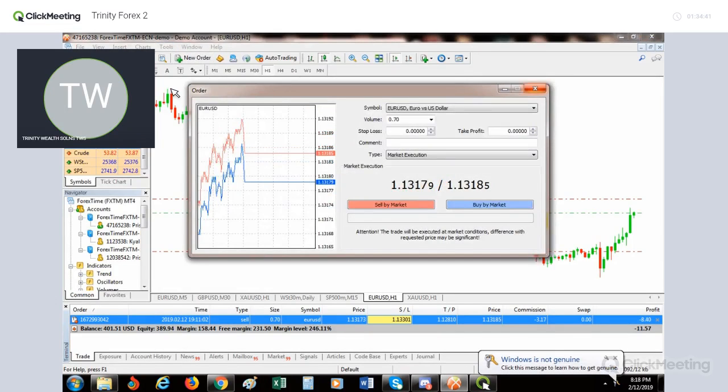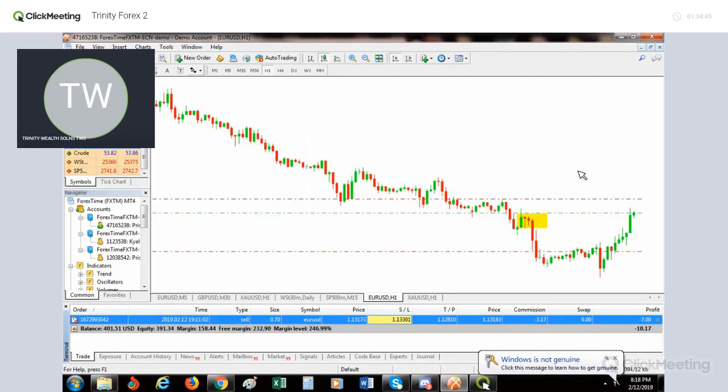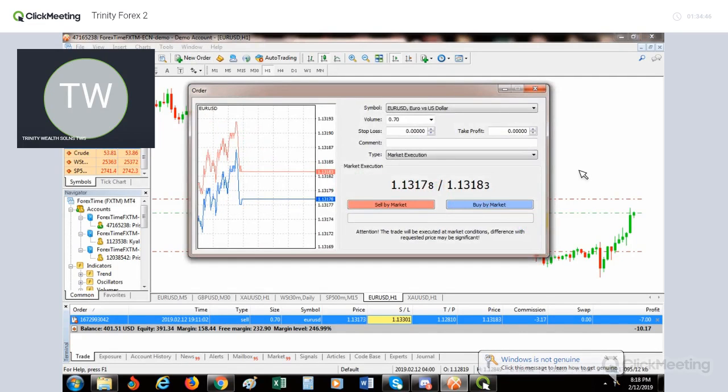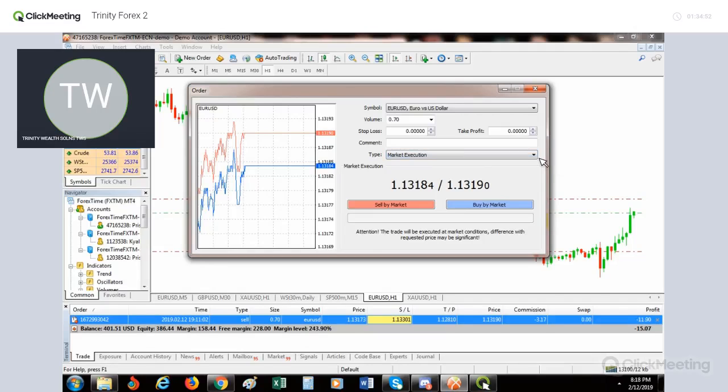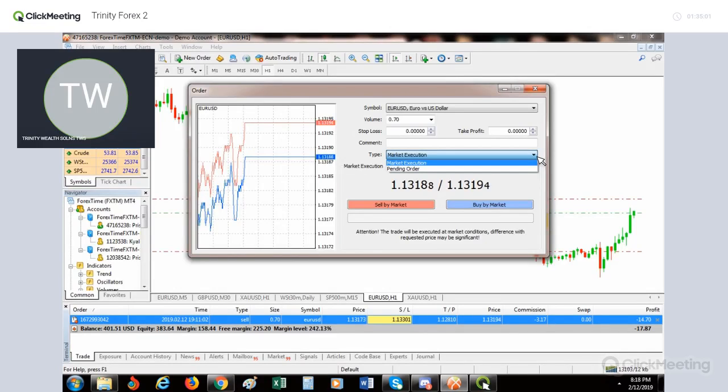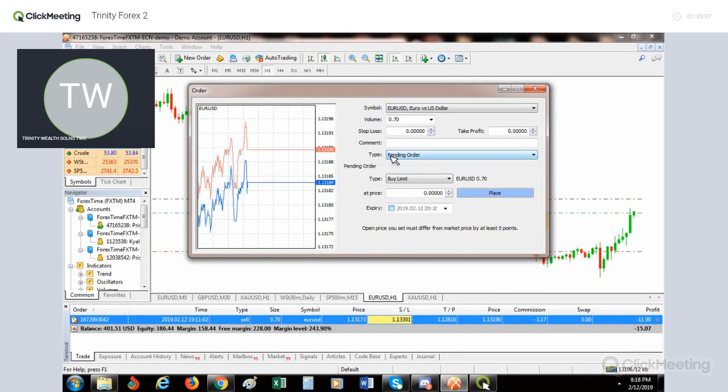I want us to look at the pending orders. We discussed pending orders yesterday. So you go to the same place, new order. The screen comes. Where we have type market execution, there is an arrow, a drop down. You click on it. We have two options, either market execution or a pending order. Now we want to place a pending order, so we click on